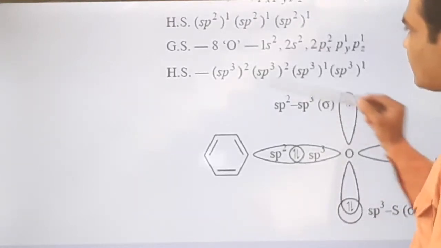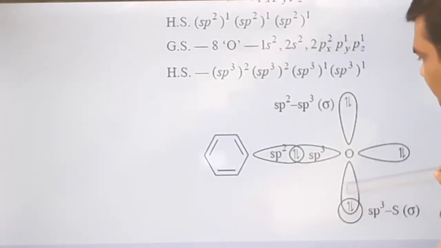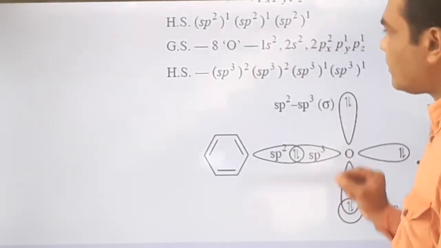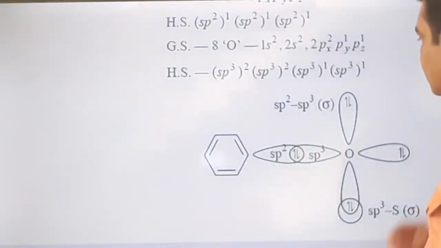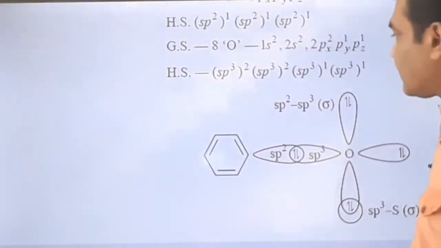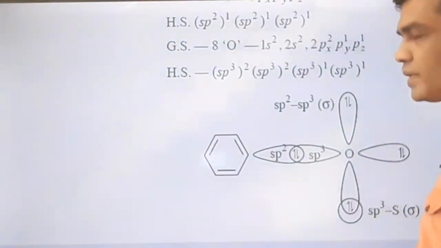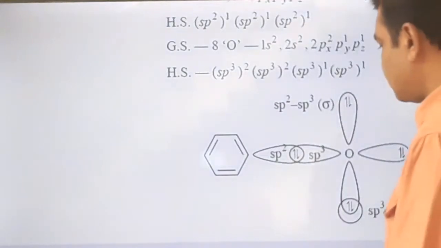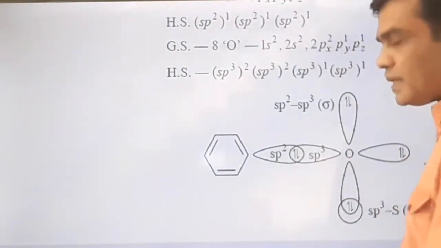Okay, now this is oxygen. Oxygen has 4 sp3 hybrid orbitals. 1, 2, 3, 4. Out of these 4, these two have 2 electrons, paired electrons. So this one and this one. Clearly it is shown that these are paired electrons, meaning they don't take part in the bonding phenomena. These are called lone pairs of electrons. And these two hybrid orbitals have single electrons.